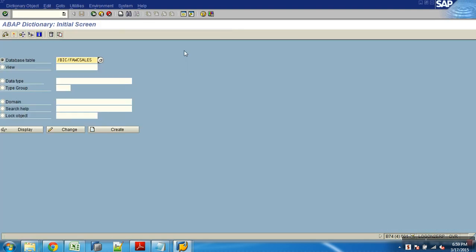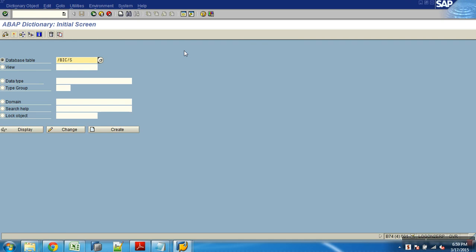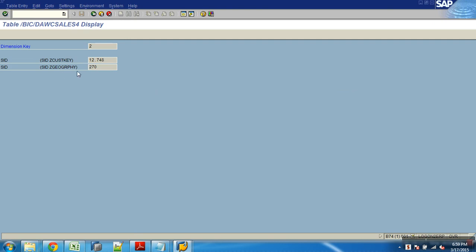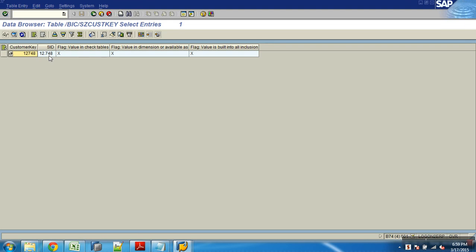SC11, /BIC/S, Z cust key, Z CUST KEY. Okay. Contents. What is the SID here? 12,000. So this is the SID for this customer number 12748.